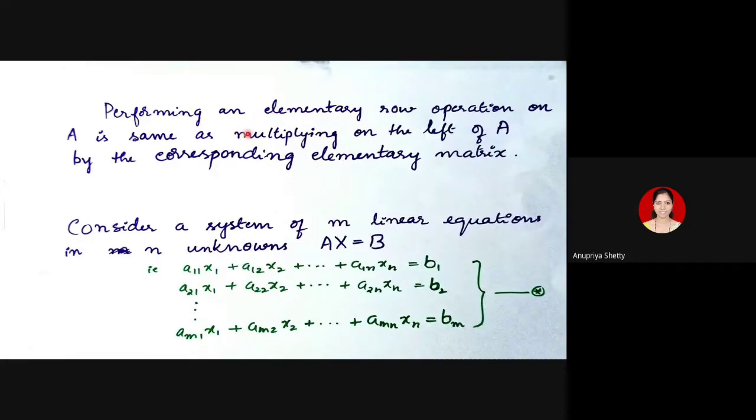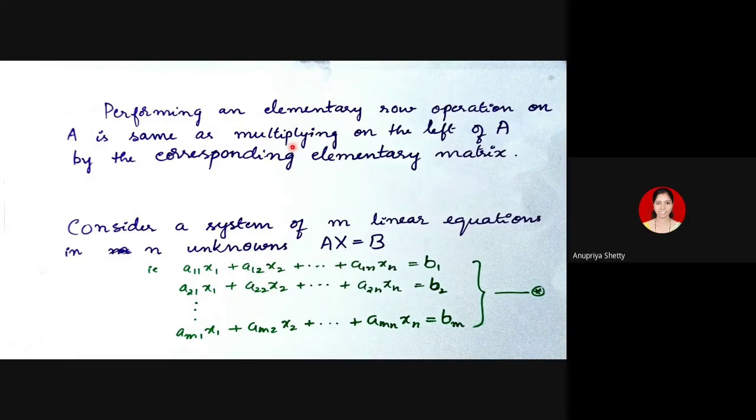Just before the lemma, we verified this concept, connecting elementary row operations with elementary matrices. We noted that performing an elementary row operation of type 1, that is multiplying one row by a scalar and adding it to another, is equivalent to multiplying on the left of the given matrix by an elementary matrix of type 1.